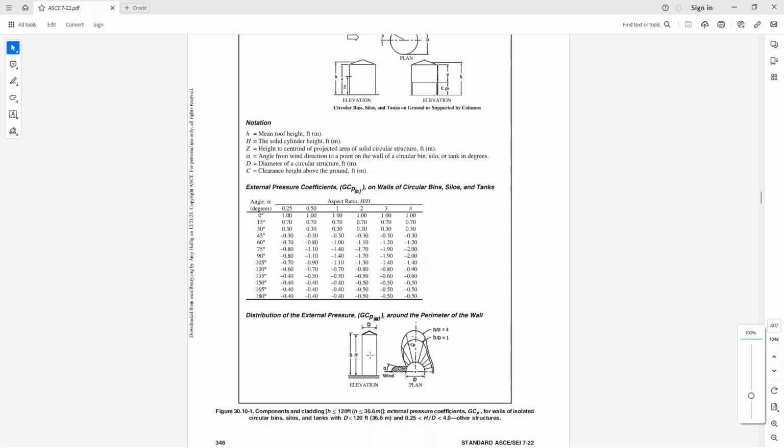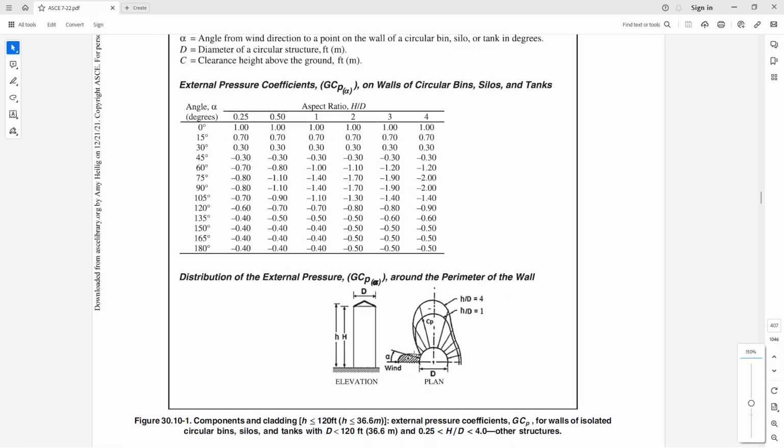So if we are designing our silo according to the components and cladding method for our wind loads, you'll notice here that we have a rather complex scenario where these wind loads will actually vary as we move around the circumference of the structure. Now, how we vary the magnitudes of the wind loads all depend on this table given here with the external pressure coefficients that are further dependent on the height to diameter ratio of our structure. So how do we apply such a complex loading as we see here in figure 30.10-1 and easily do this